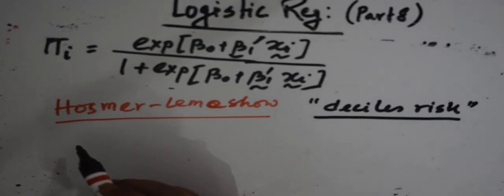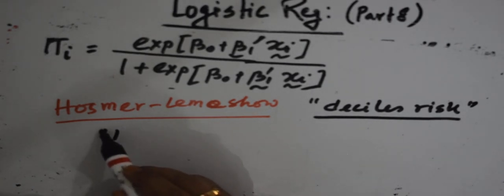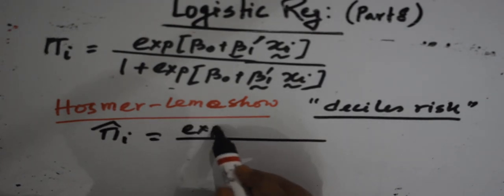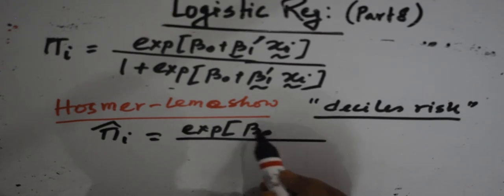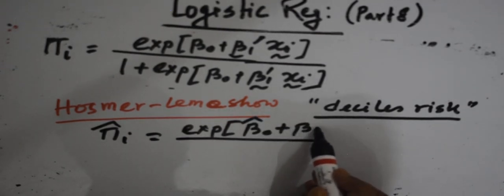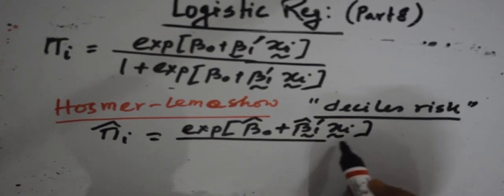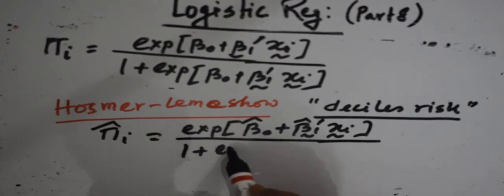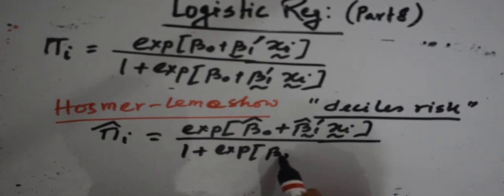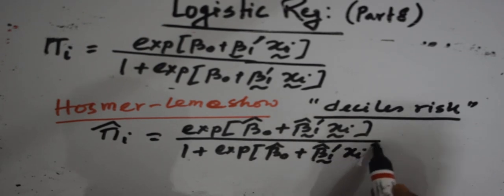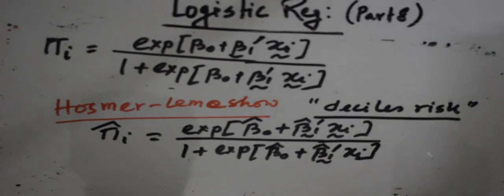If pi i hat is equal to e to the power beta naught hat plus beta 1 tilde hat prime x i tilde, divided by 1 plus e to the power beta naught hat plus beta 1 tilde prime x i, is the predicted probability of failure for the given model,